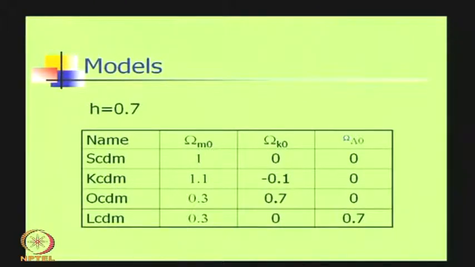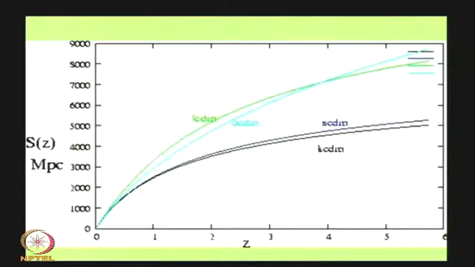So, let us now see what is the behavior of this function S as a function of redshift for these 4 different cosmological models. Okay, and this picture shows you exactly that. So, you see in this model, the curved one which is positively curved, the S function S is basically sine,